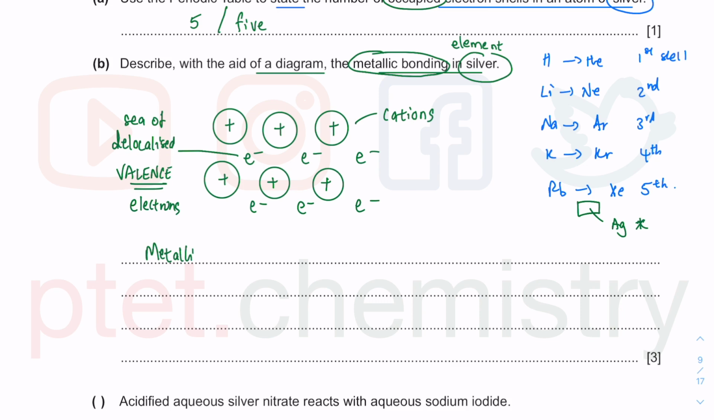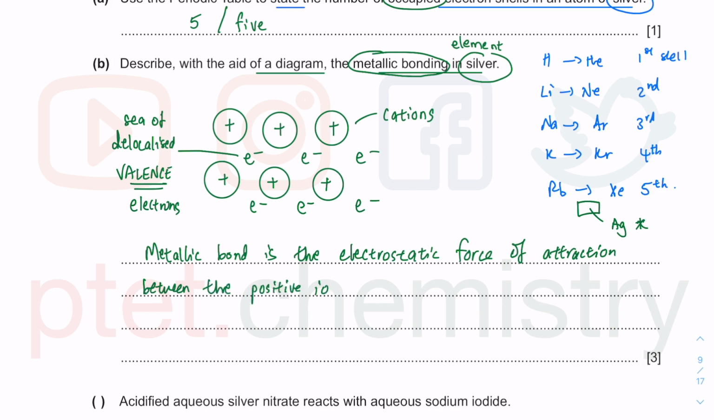So what happened is a metallic bond. So you got to describe metallic bond, right? So metallic bond is the electrostatic force of attraction stated in the syllabus, right? Electrostatic force of attraction. So electrostatic means something positive attracts something negative. So it's between the positively charged ions of silver, and the negatively charged sea of